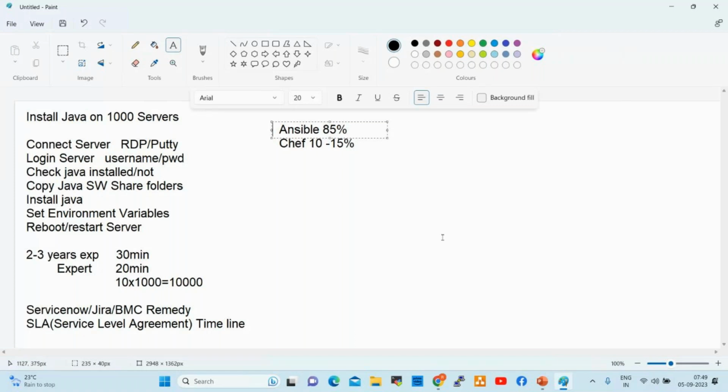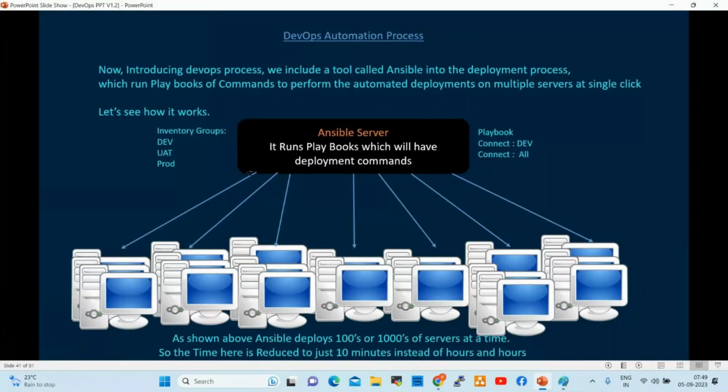Ansible is a very core, advanced tool. It is a configuration management or automation tool. We can also integrate Ansible with Jenkins if required.